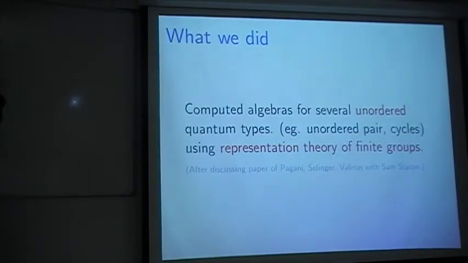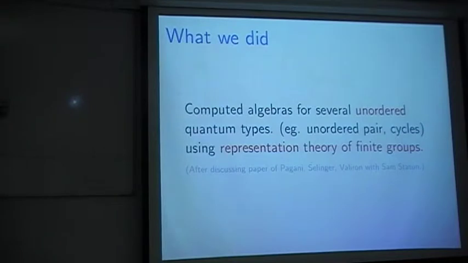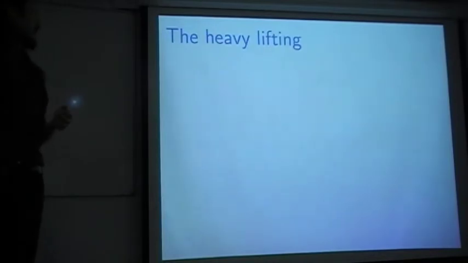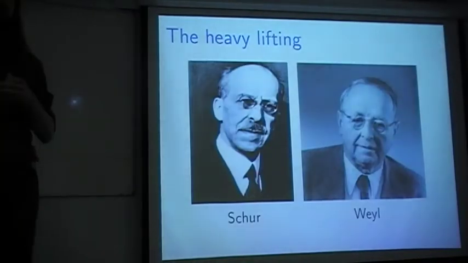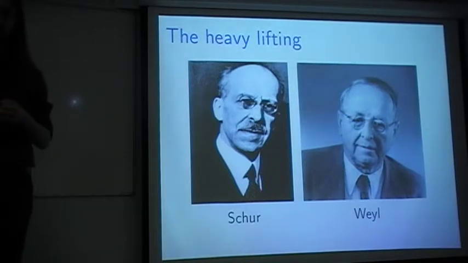Okay, so let's look at representation theory of finite groups. That's quite an old, classical topic of mathematics, around the 1920s, 1930s. And the important parts of it, which we use for this paper, are by Schur and Weil. So we tried to make our paper easy to read if you don't know representation theory of finite groups. So I hope you find it an easy read then. And if you already know it, I hope you find it an enjoyable read because it's a nice application.